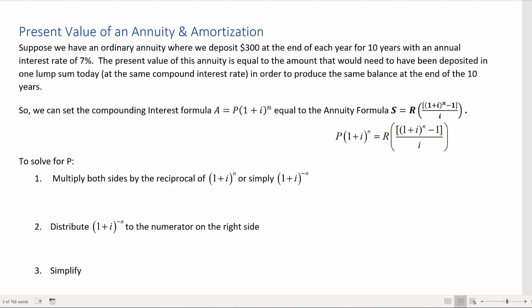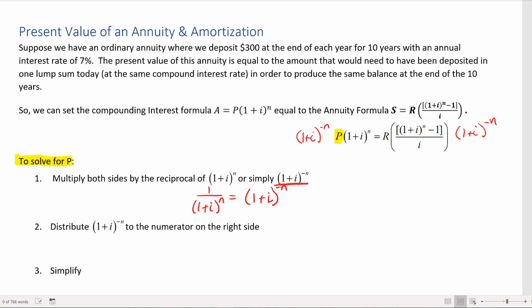Now, what I would like to do is solve for P. So I want this P to be all by itself. So I need to get rid of that (1 + i)^n. I can divide it from both sides, or we can multiply by the reciprocal. The reciprocal of (1 + i)^n is 1 over (1 + i)^n. Another way of writing that is just (1 + i)^-n, because it was in the denominator and we moved it to the numerator, that changes its exponent from a positive to a negative. So if I simply multiply (1 + i)^-n on both sides,